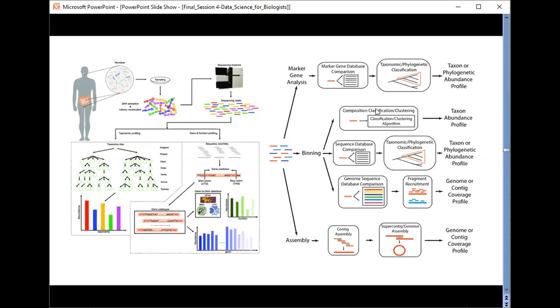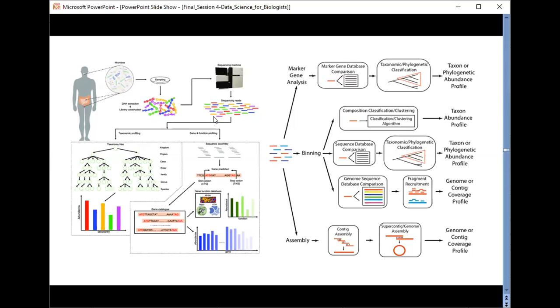So metagenomics is the study of total DNA extracted from the environment. So it could be, for example, from a human sample. So instead of having to culture a specific microorganism, in metagenomics you actually extract its DNA and then sequence the DNA. So metagenomic sequencing allows us to directly extract and sequence DNA from environmental samples. One such method is shotgun sequencing.